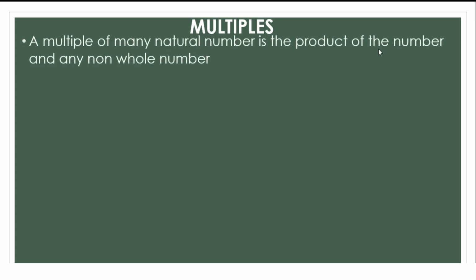Next, multiples. A multiple of any natural number is a product of the number and any natural number. Okay, the product of the number with some other number, whatever it is. So, what is that? What we learned in the tables. When we multiply two numbers, we are getting the product, no? That is called multiples. Example, multiples of 3. It is nothing but in the 3 table what are the answers? That's what is given here. 3, 6, 9, 12, 15 and so on. About multiples.